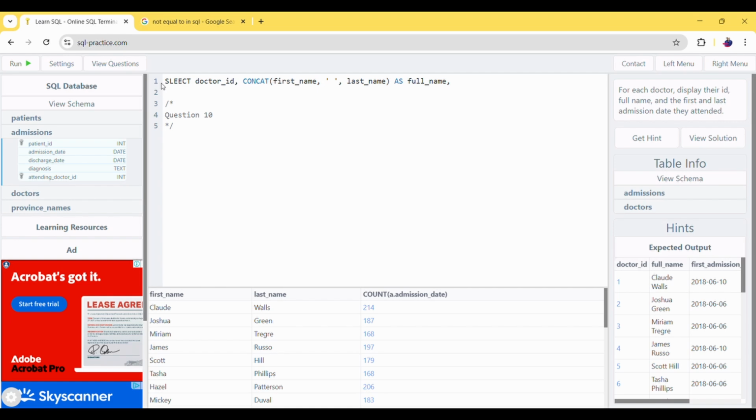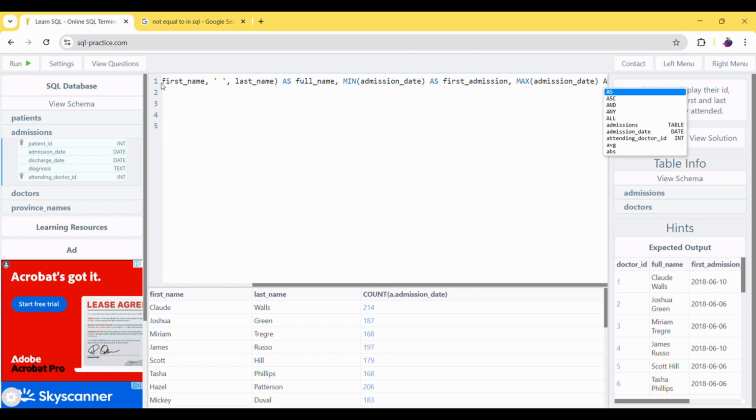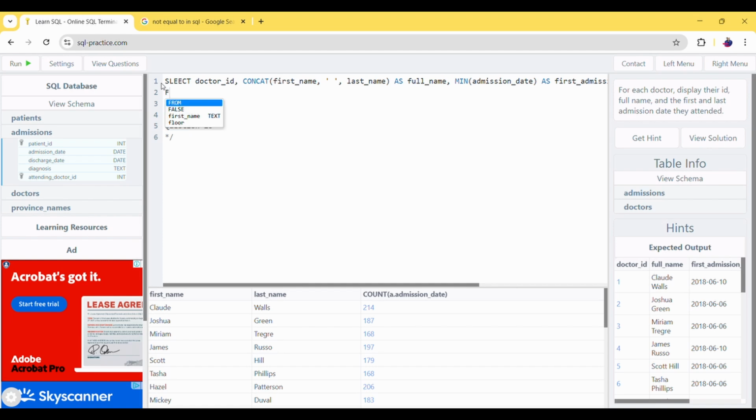Okay, so first is minimum, AD admission date as first admission, comma, max admission date as first and last underscore admission, from